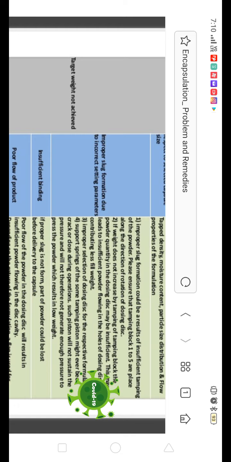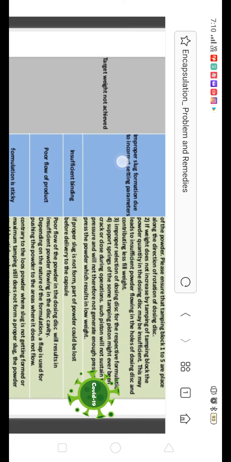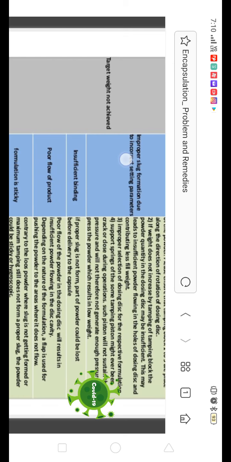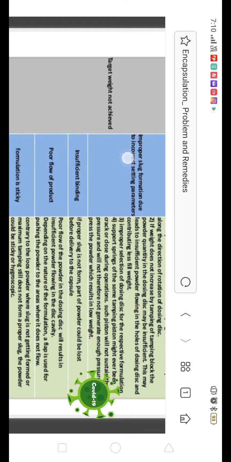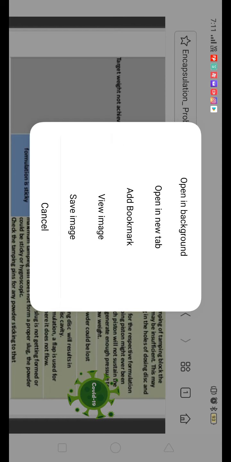So we have to ensure that the tamping blocks 1 to 5 are placed along the direction of rotating dosing disc. Second, if weight does not increase by tamping the block, then the powder quantity in the dosing disc may be insufficient, right? Because of insufficient powder flow in the hole, it leads to less fill weight. Again, improper selection of even the dosing disc. Depending upon the size of the capsule, you have to select the dosing disc also. And the spring of some tamping piston might have